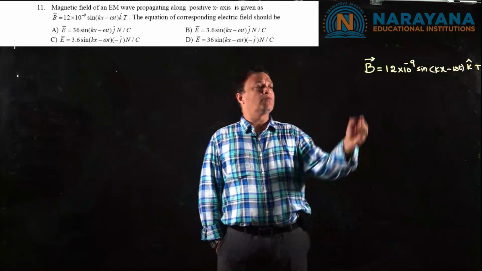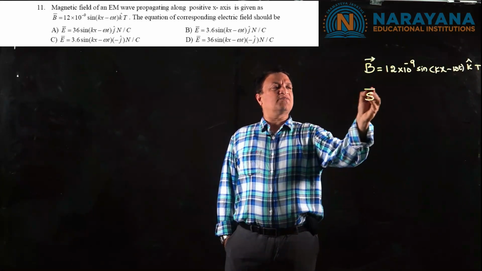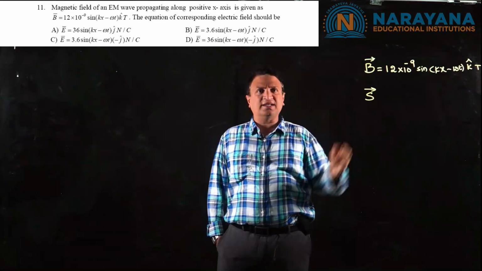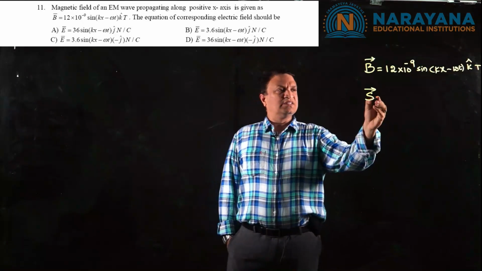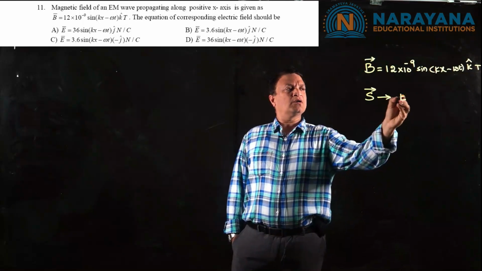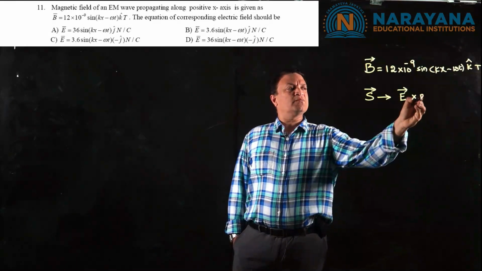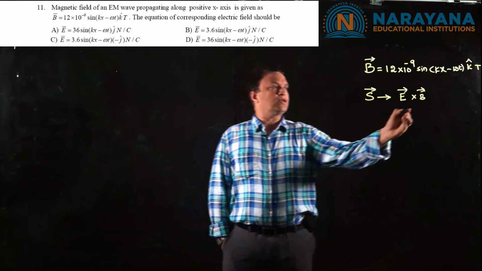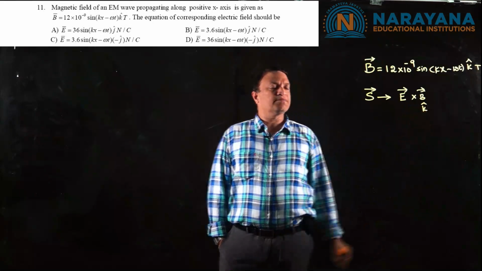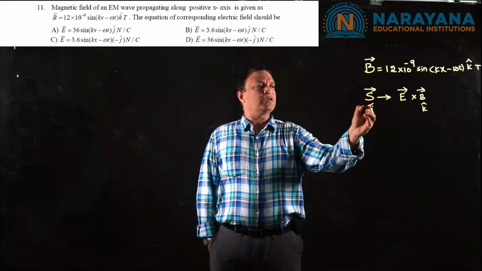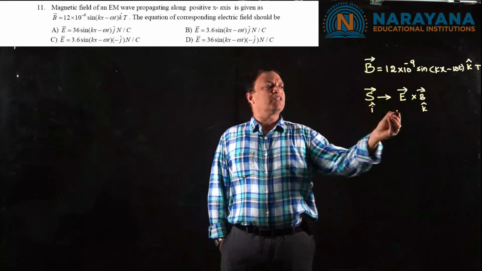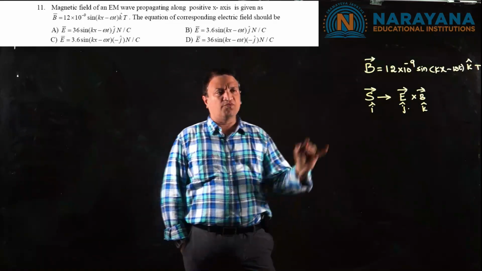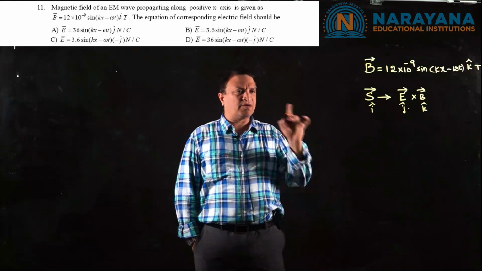We already know, suppose if S bar is a vector along the direction of propagation of light, we call that the Poynting vector. This one will be along the direction of E bar cross B bar. You clearly told that this is in the direction of k cap and it is in the direction of i cap. Obviously, the electric field will be along the direction of j cap. Fine.